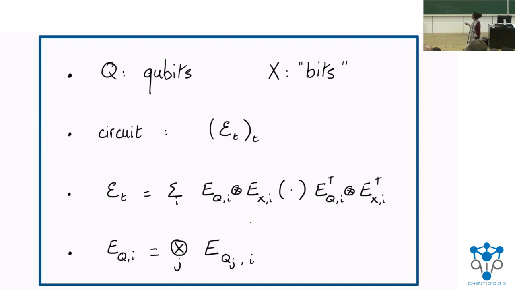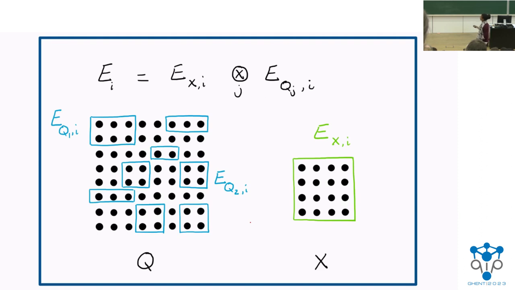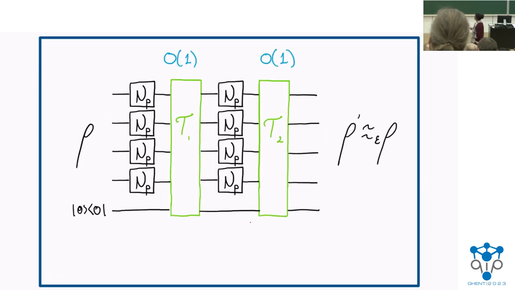Further, the operations we do on the quantum register, since we want them to be local, we're going to assume that the Kraus elements of those maps can be broken down into smaller operators. Each of those operators has to act locally in a ball of bounded diameter. So this is what one operation would look like. You have a bunch of Kraus elements acting locally on your qubits, and you have an arbitrary, potentially, operation on your classical register.